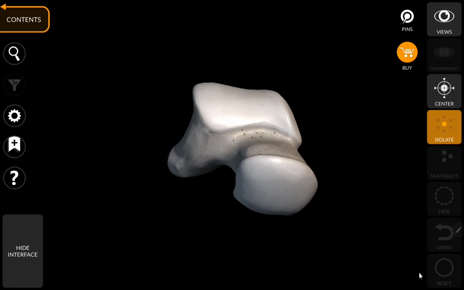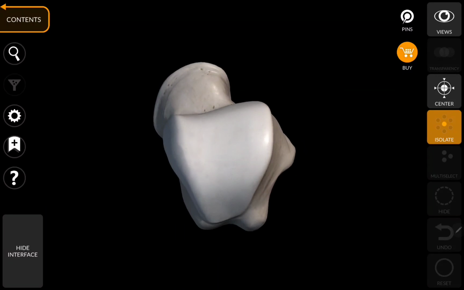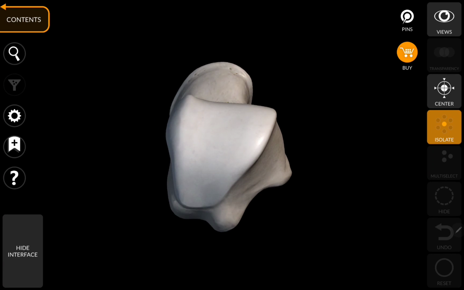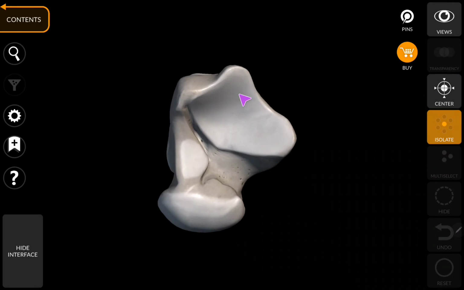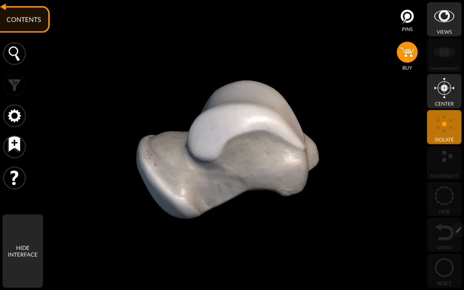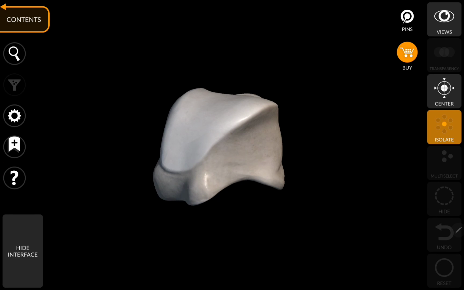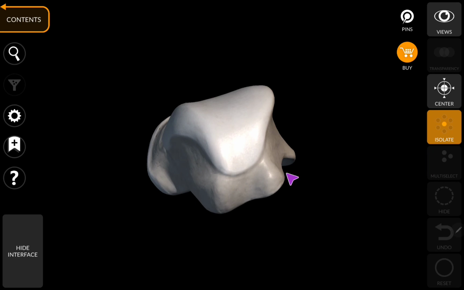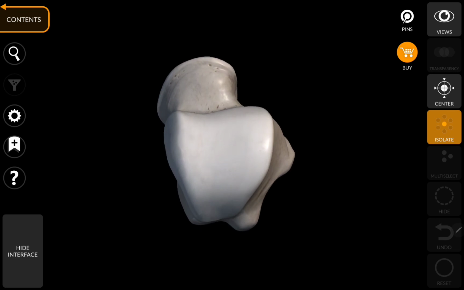Next, coming to the body of the talus. As you see here, it is cuboidal in shape and totally it has 5 surfaces, namely the dorsal surface, the plantar surface, the medial surface, the lateral surface, and the last one is the posterior surface. As I already mentioned, this dorsal surface is an articular surface and it is convex in nature. This articular surface is termed the trochlear articular facet. Right, trochlear